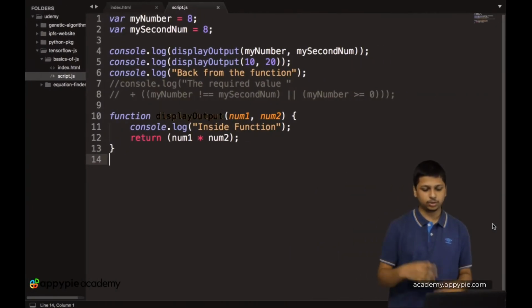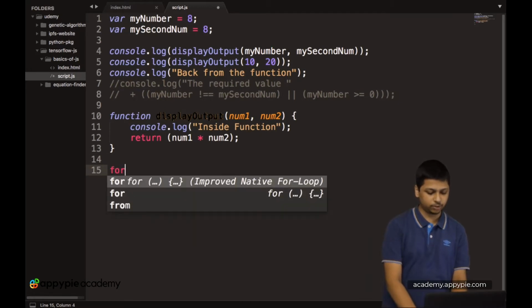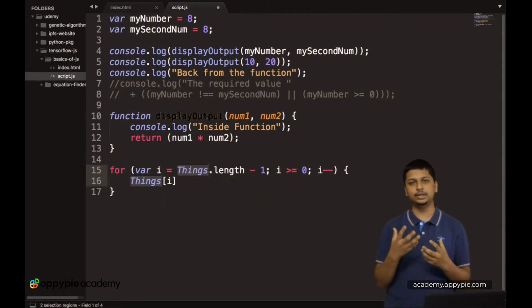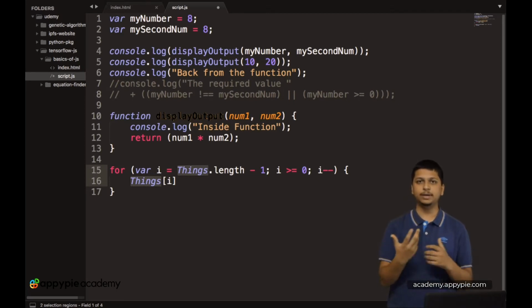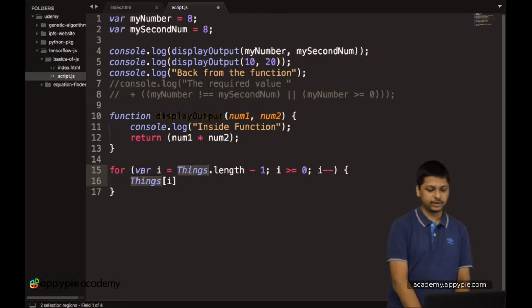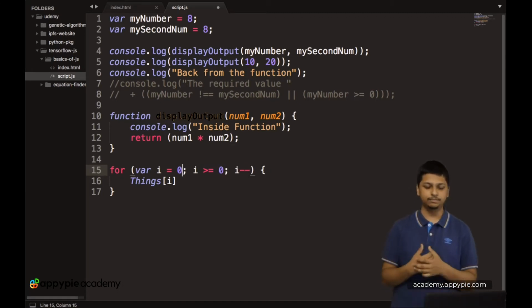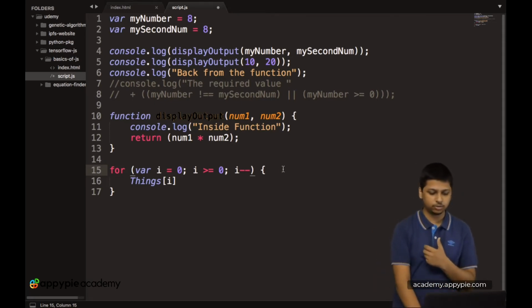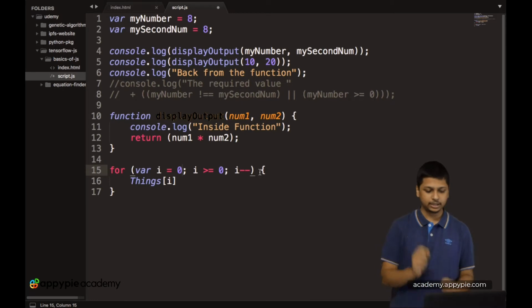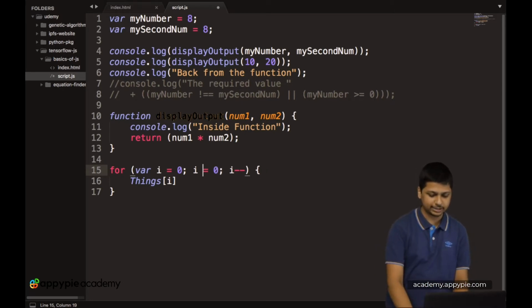Okay, so now to add a for loop you simply have to type in the word for. Sublime Text can give you the basic for loop boilerplate ready. So now we have a variable called i. Let's make this 0 initially. So i is 0, and now let's add in a condition. We want to go through this particular code until this condition is satisfied, and the condition which we want to write is i is less than or equal to 10.